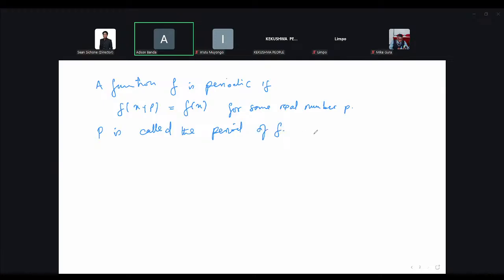Right, so in that case, this is what we have. We have already noticed when we were looking at the sine function and the cosine function that the period, which is the smallest value for which this is satisfied for those functions, is just 2 pi. So 2 pi is the smallest value for which we have the following: the sine of x plus 2 pi